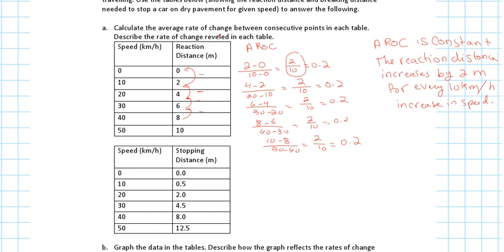So what I want you to do is find the answers for the table below and make a statement. Is it constant? And if it's constant, tell me what it is going up by. If it's different, then just